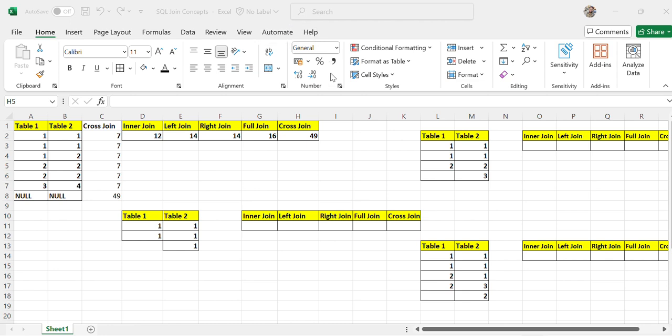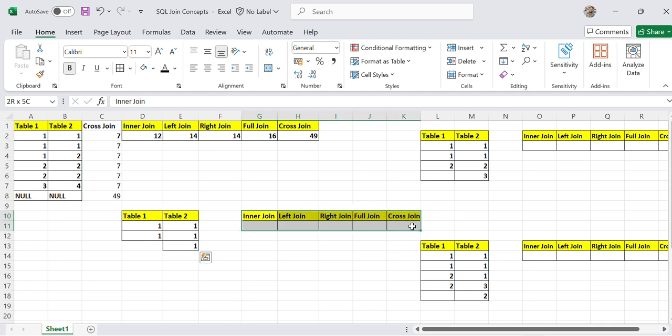Now we will discuss the second table. Same as before, we are showing the inner join, left join, right join, full join and cross join. So for the inner join output, the first table has a matching record in the right table. This first value has a record three times, so we will put 3 here. This one is matched with